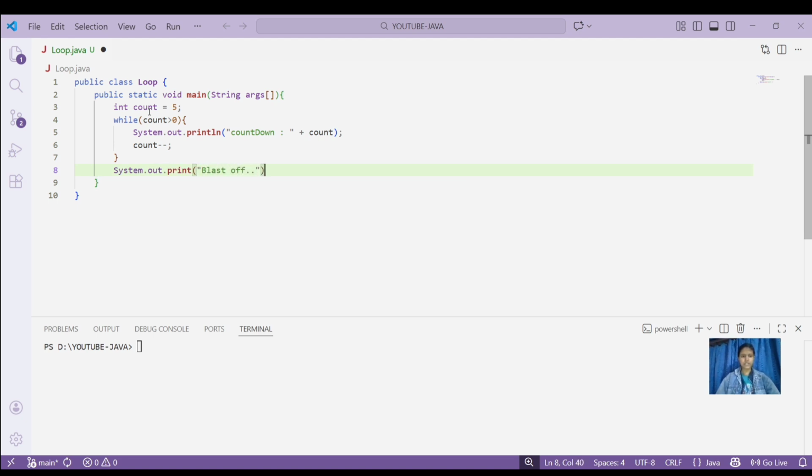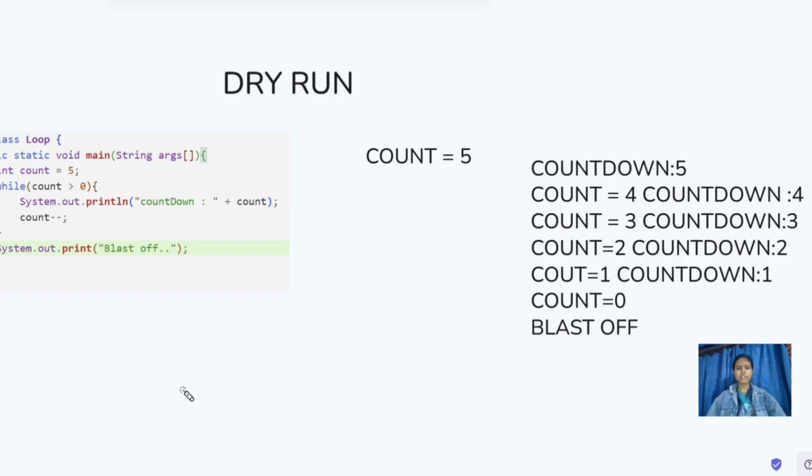So basically we see that it runs. We see that count is first 5, then updated, then 4, then 3, then 2, and when the count equals 0, the condition is false. I will explain how this prints. First count is 5, then we check the condition: count greater than 0, yes it's true, so we enter the while loop and print count, and the count value is now 5, so print 5. Then count minus minus, so the count equals 4, and we check the condition count greater than 0.